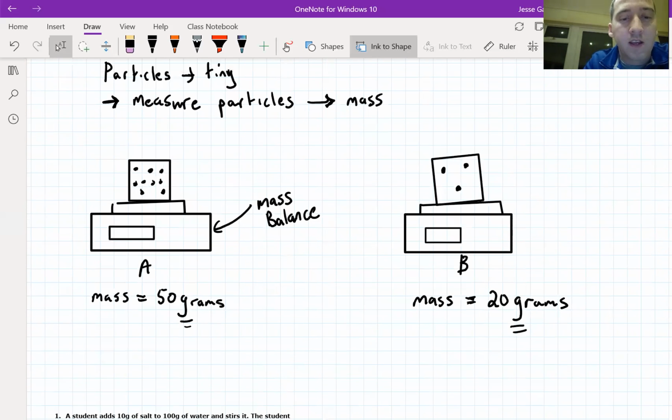Now, why is it 50 grams for A and 20 grams for B? Why are they different? Well, the reason why the number is bigger for A is